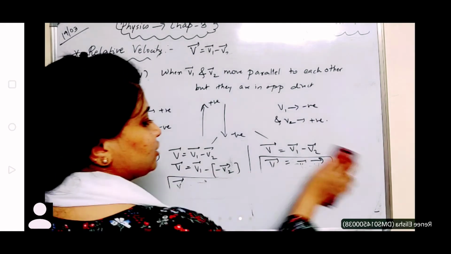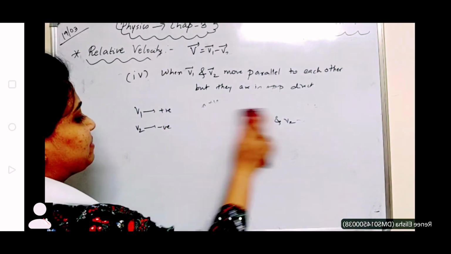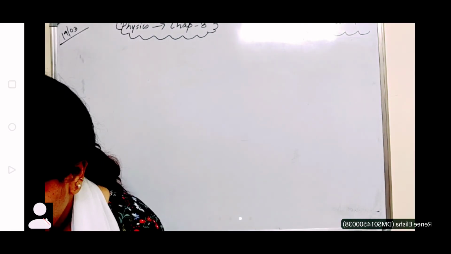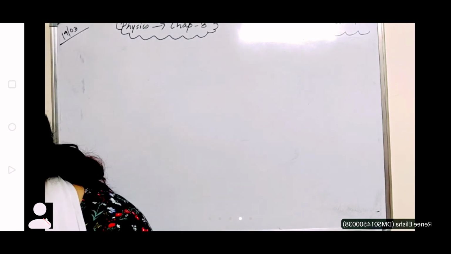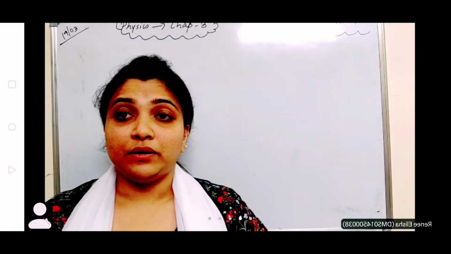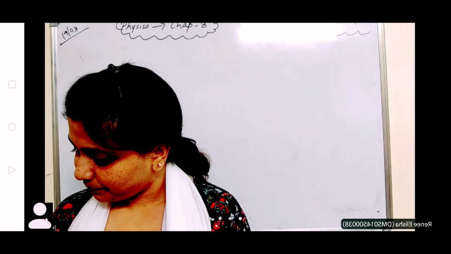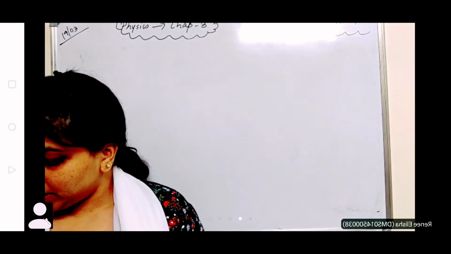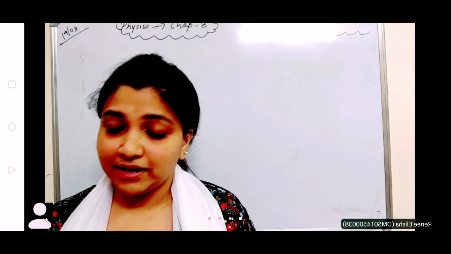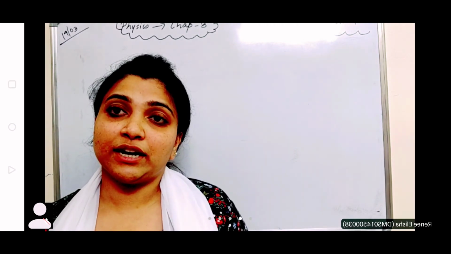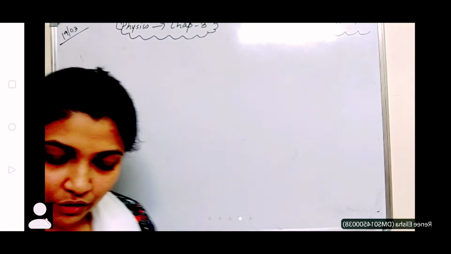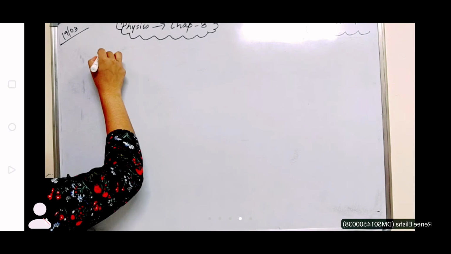Perfect. Alright. So after knowing about this, we have completed the entire chapter 3, that is motion in a straight line. So let's do one problem based on free fall. Now, take down: discuss the motion of an object under free fall, neglect air resistance. Discuss the motion of an object under free fall, neglect air resistance.